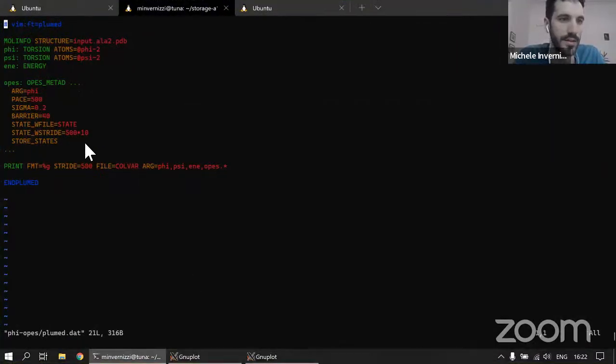Maybe I can simply say one thing about the input of the OPES simulation. Again, you have to choose the barrier. Here we explicitly set a value for the sigma. If you don't do this, it will try to guess a correct value on its own. And these three lines are basically